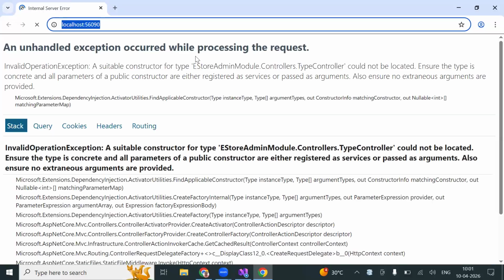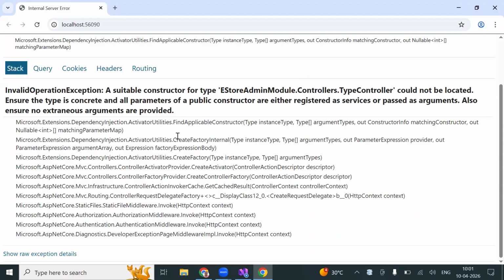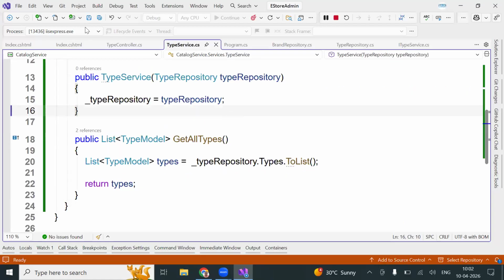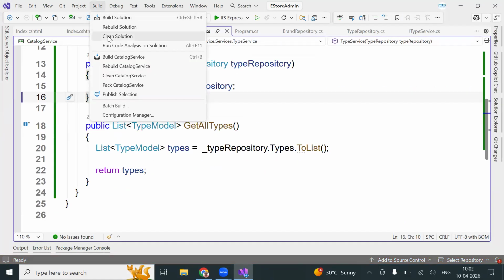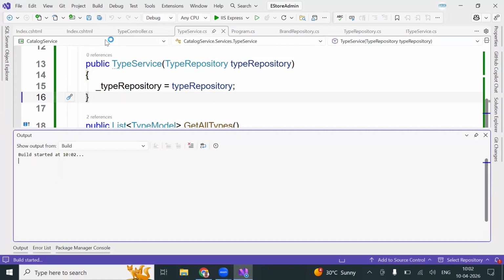It will throw an error because it won't identify a table. We need to do one more step. What is it saying, can you read? Argument type is not available because we have not created a table in the database. So what you need to do? Clean, build the project,